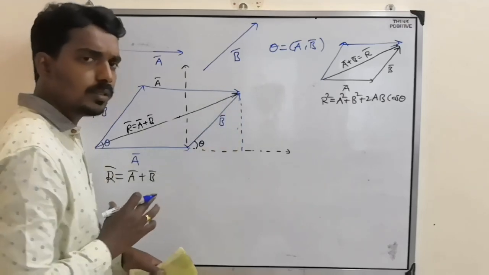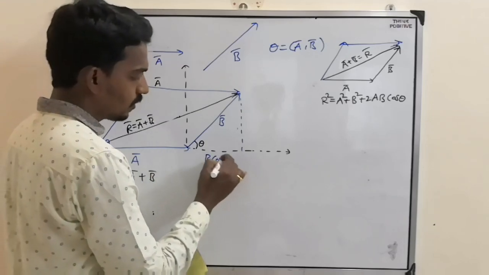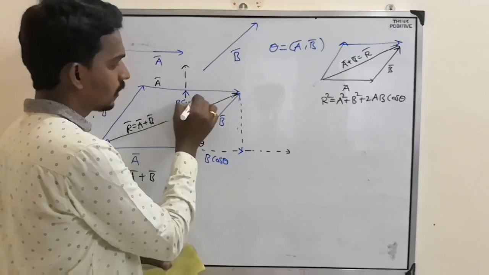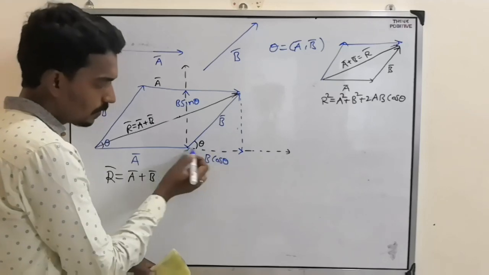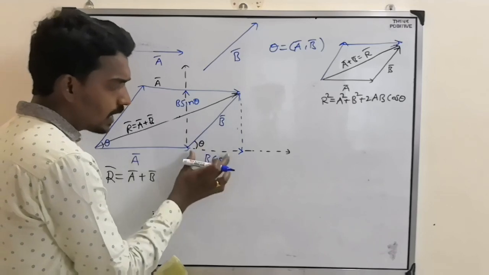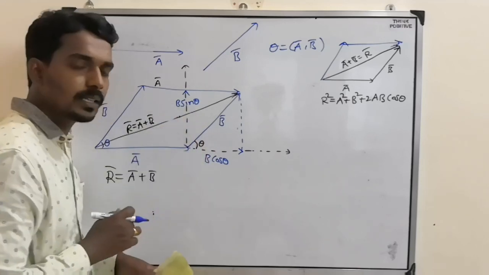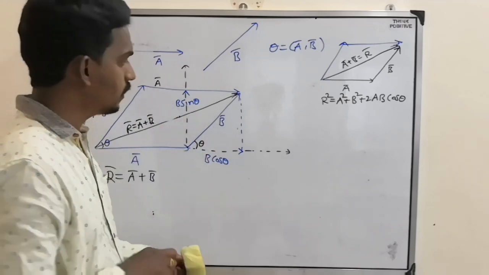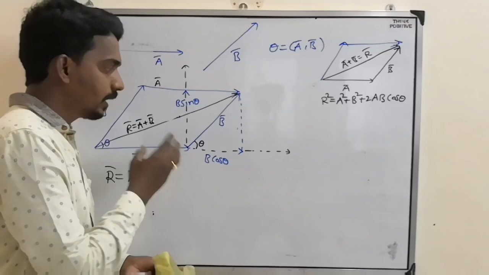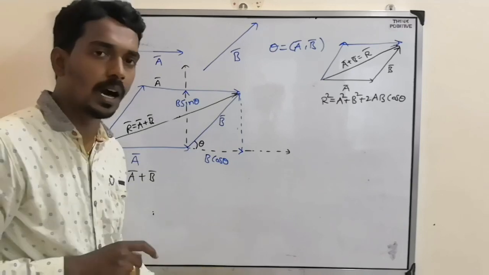Now, according to resolution of a vector, one vector can be divided into two components. So this is b cos theta and this is b sin theta. So this one from here to here is b cos theta. Why? Because the vector is making an angle with this direction. So in that direction the cos component comes, and in the perpendicular direction the sin component comes. Right? So this is the initial step. Next, we can redraw this here. Then we can understand it better. Then we can find the R bar magnitude.